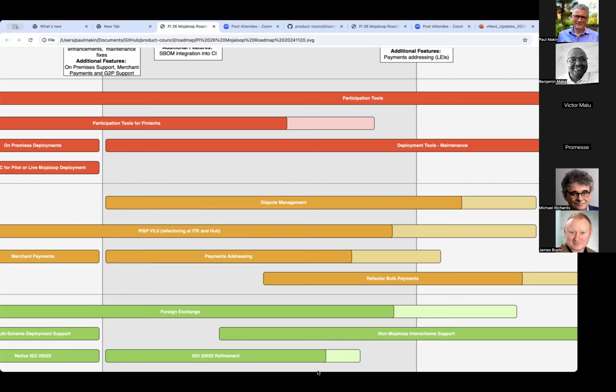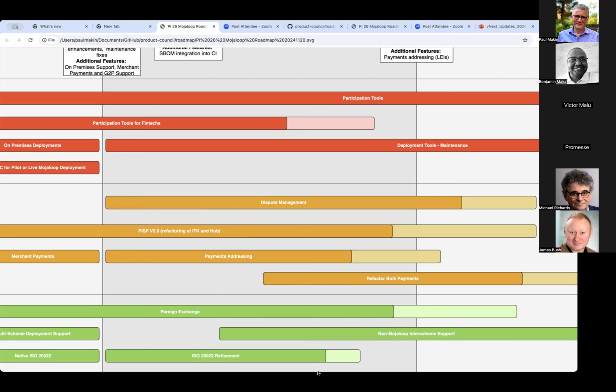Next one is PISP version 2.0. This has been lingering on the roadmap for quite some time, loitering, shall we say. It's never actually made much progress beyond the initial definition. However, both Michael Richards and Paul Baker were quite keen to restate the importance of this piece of work, and that it is going to become urgent quite soon, and it might actually be an important element for the participation tools for fintechs workstream as well.